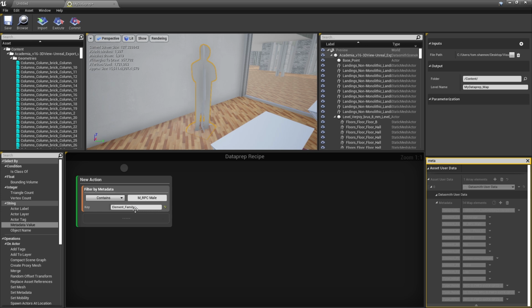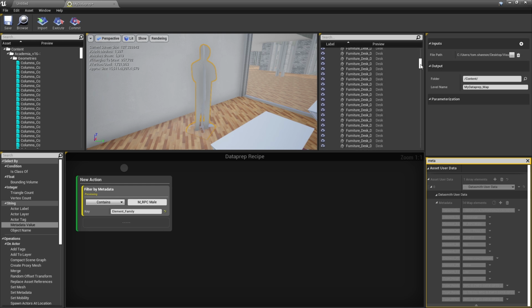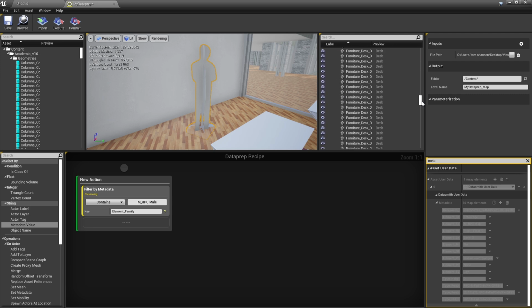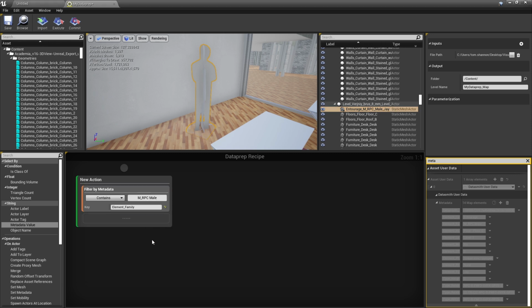Now to make sure I got this right, I'm going to right-click and preview the filter. What that does is put a little check mark next to any actors that fit this description. And as I fly by, you can see, there we are. Our entourage is right there, and it's got the little check mark. So we know that our filter is finding the right thing. I'm going to go ahead and clear that filter.